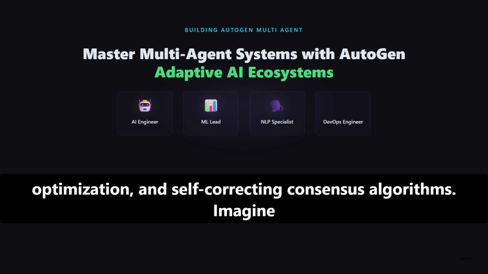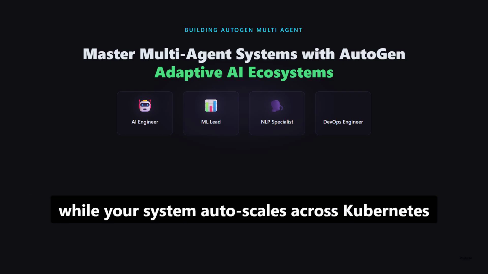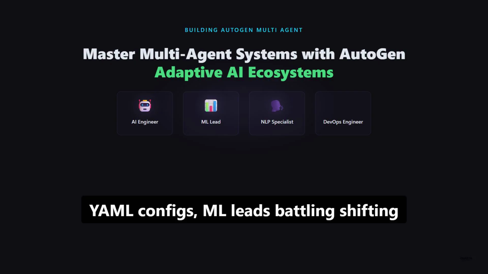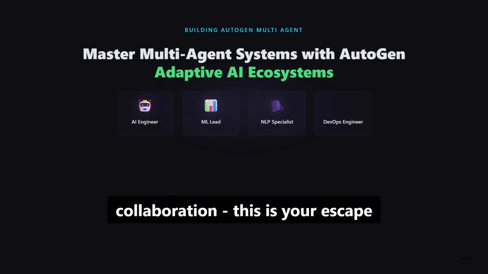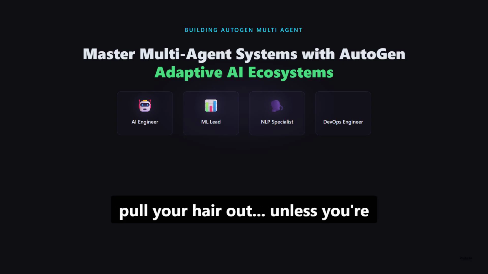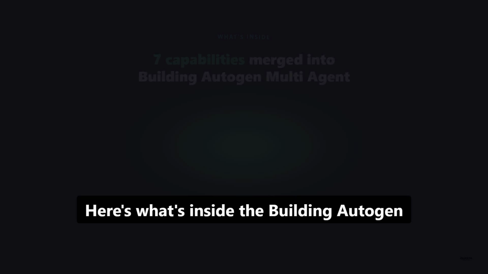consensus algorithms. Imagine agents negotiating priorities through weighted voting while your system auto scales across Kubernetes clusters. For AI engineers drowning in YAML configs, ML leads battling shifting requirements, and NLP specialists craving fluid collaboration, this is your escape hatch. Finally, a multi agent framework that won't make you want to pull your hair out unless you're allergic to success. Here's what's inside the